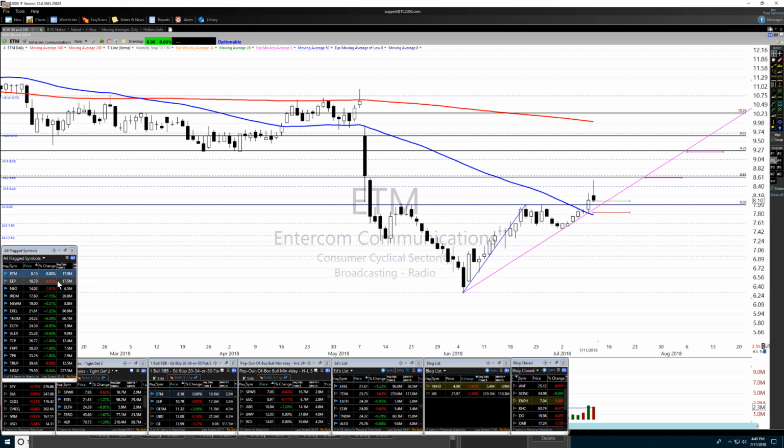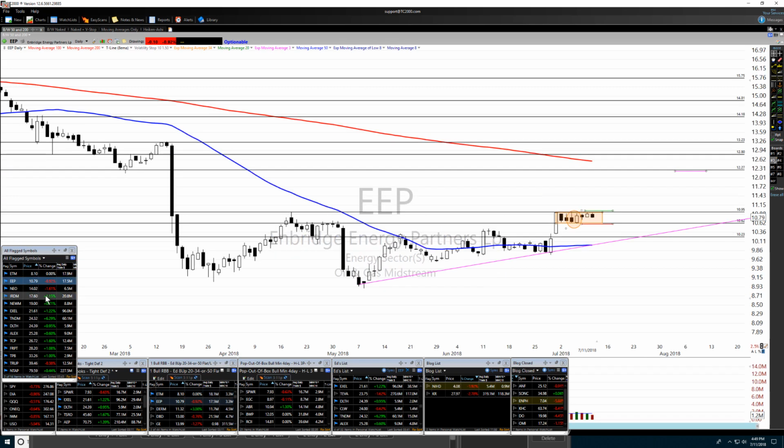I'm going to give you guys a chance to decide which ones you want to look at. One of them I definitely want to look at is Tandem, EEP, this has been on my list. You can see that tight consolidation after this run-up. Here's the high that defines the top of our box. I'm looking for a breakout there. My stop is right below, and I'm looking for one target trade there. So let's see what that would look like